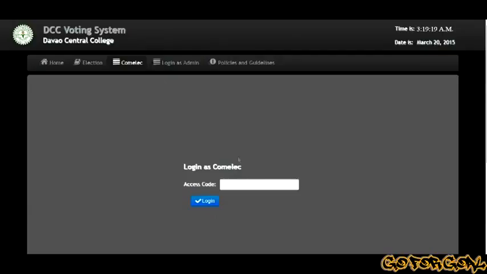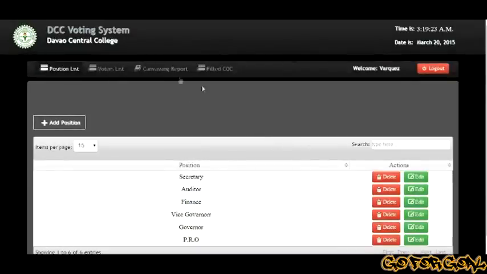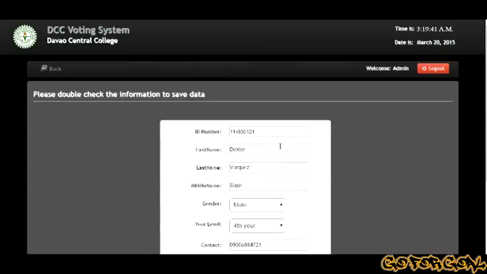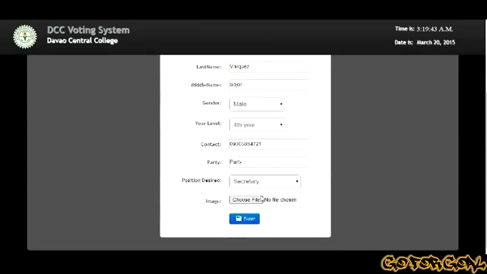Then we go to the Comelec, file COC. Then we see that we are now in the filed COC. Then if that person passed the interview, just click save, and add his picture.